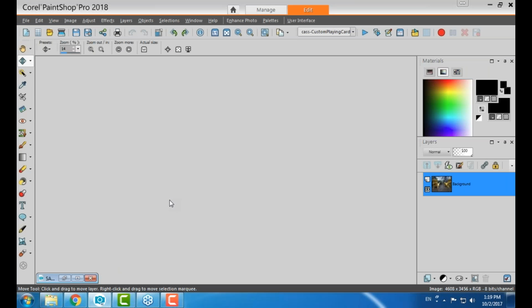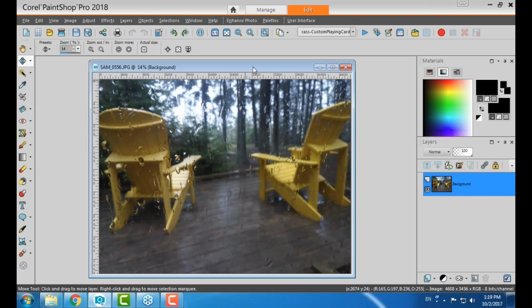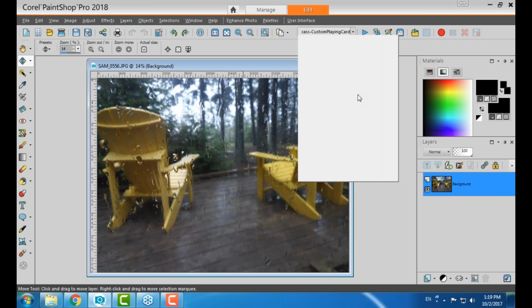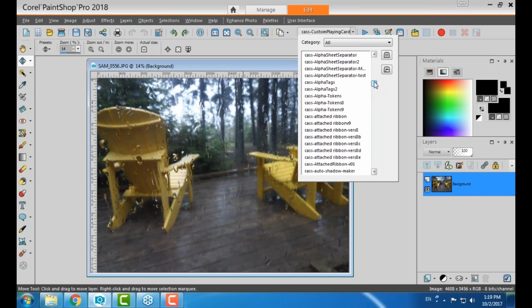Okay, so now that we have downloaded the script, we have installed a script, it's time to play with it. So I have an image here, and I'll just go and find one simple script to be used. Different scripts will require you to start with a different supplies on your